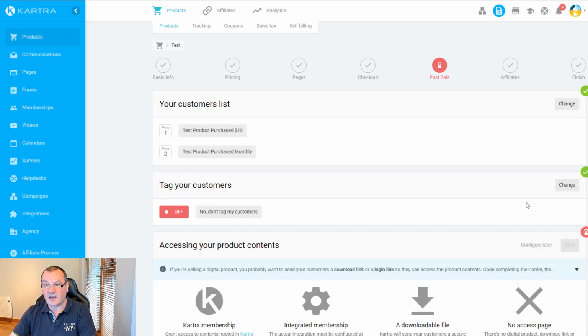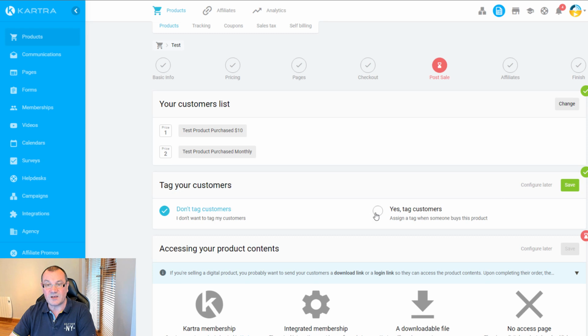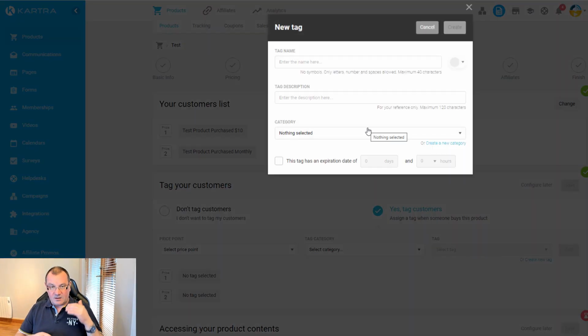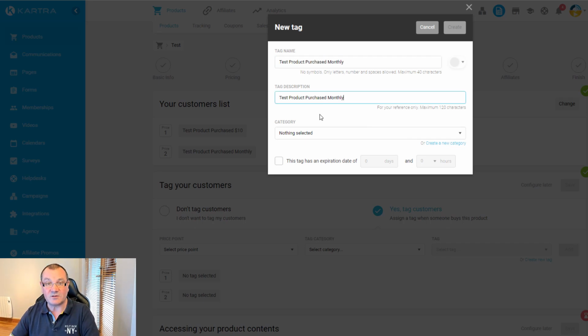Next, we're going to look at our tagging. So I'm going to change this tag, and we're going to create a new tag. Now, I'm a firm believer in an expression: I prefer to have it and not need it than need it and not have it. So I want to make sure that everything I need is available to me. So I'm just going to do this as a monthly,